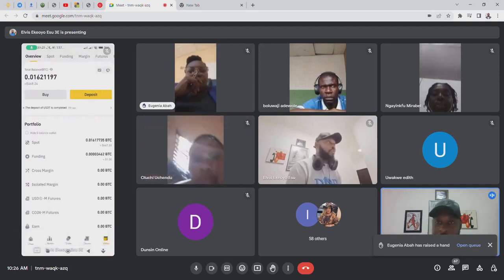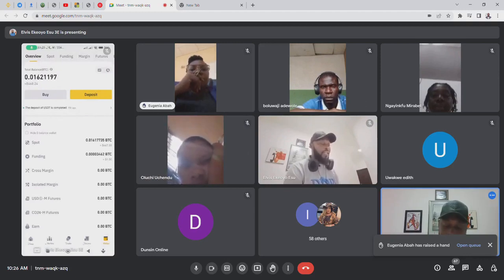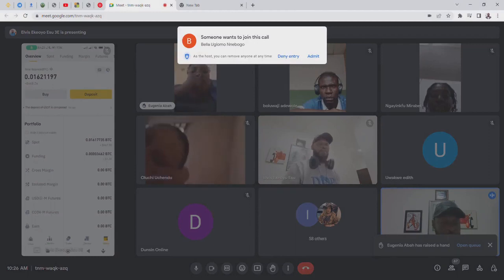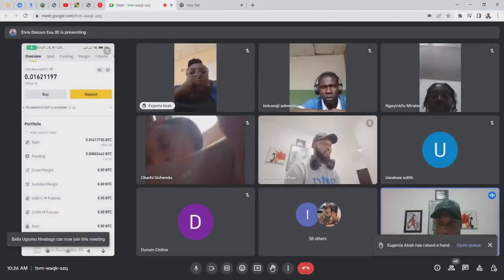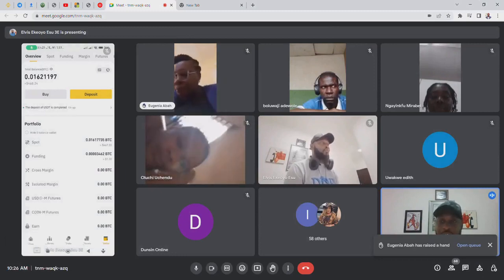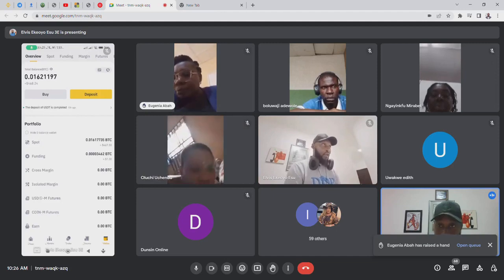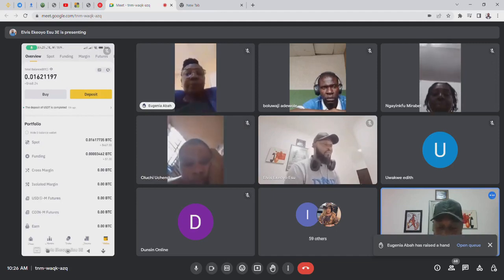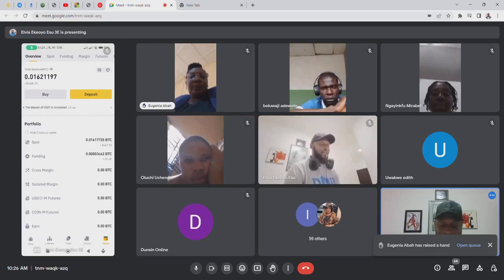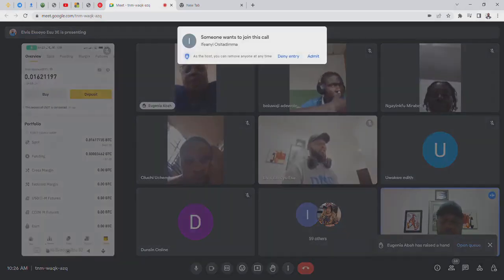At the top, you have overview, spot, funding, margin, and many other options there. So what we're focusing on is I'm going to transfer some funds from my spot wallet, okay, to my funding wallet because I want to sell USDT. What we're learning this morning is how to sell the USDT on your Binance account and have your account credited in Naira. Okay, so you click on spot